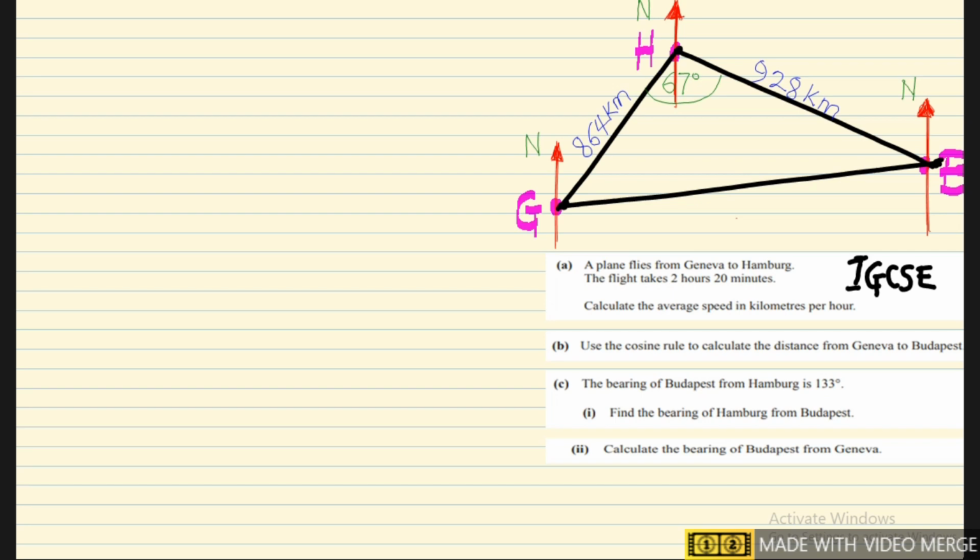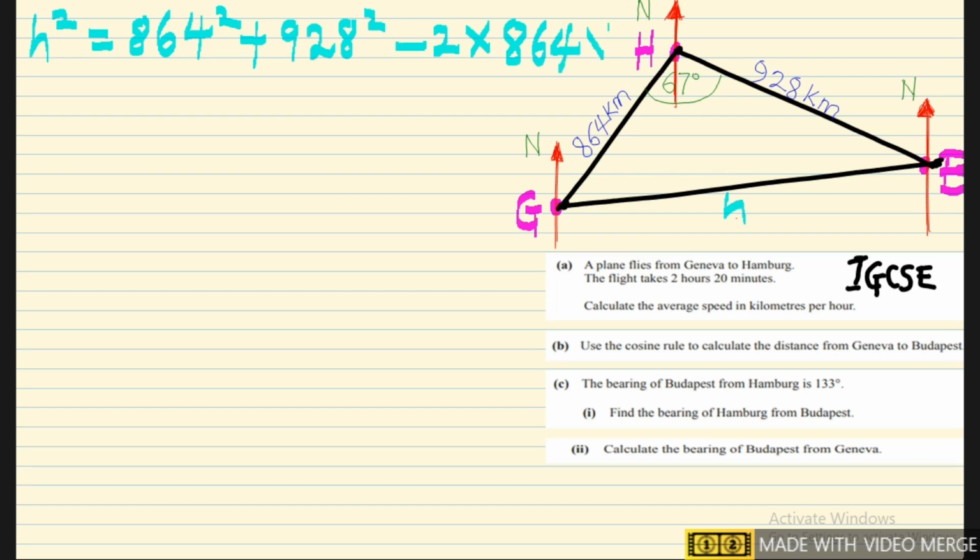From G to B, let's just label it H. So we can write the cosine formula as H squared equals, let me just substitute the values, 864 squared plus 928 squared minus 2 times 864 times 928